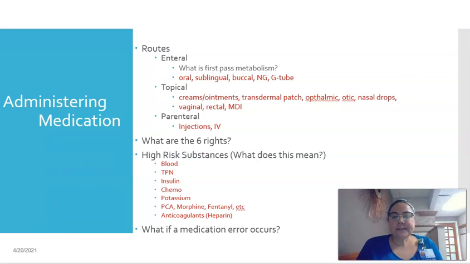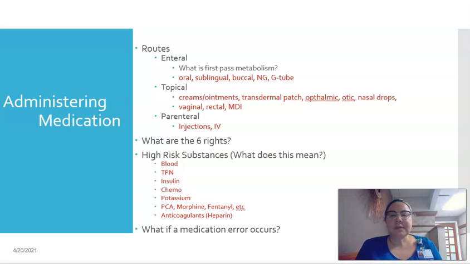First of all, you're going to see medications listed on the exam. It's not going to be a question that is only about the medication. It's going to give you a little bit of a scenario behind it too. So it's really important to know different routes of the medications, creams, ointments. I'm not going to really talk about those as much, but it is good to know as far as content for 432. But I'm absolutely going to be having questions on the exam about oral medications, sublingual medications, and so